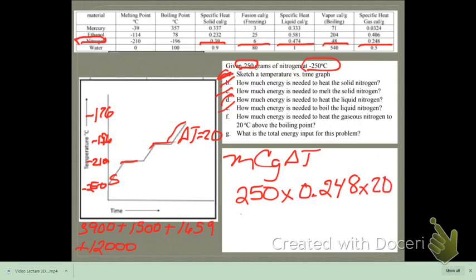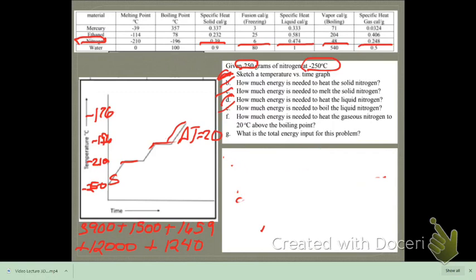Clear your calculator. 250 times 0.248 times 20 is going to be equal to 1240 calories. So I'm going to add that to my 1240. There we go. All right, so let's look at all our numbers,